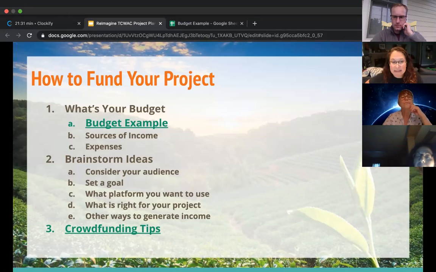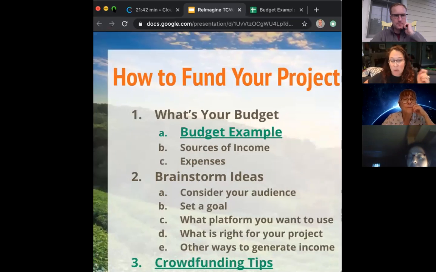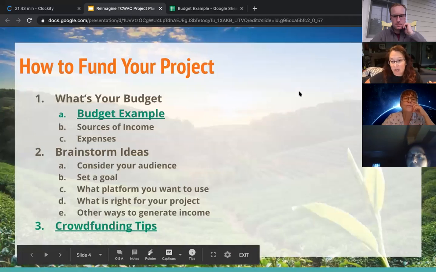And then all these links are live. So all these green links are live in the PDF, so you can click on them. And like I said, just make a copy of the documents on Google, or download it even. You can download the document and then just work right there.